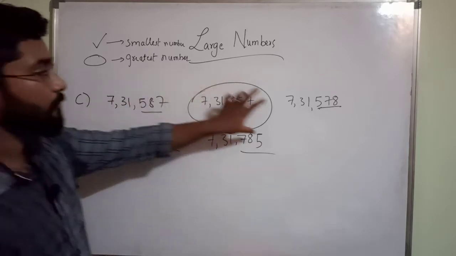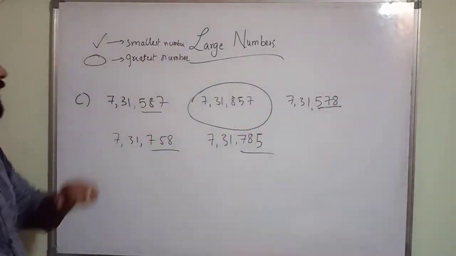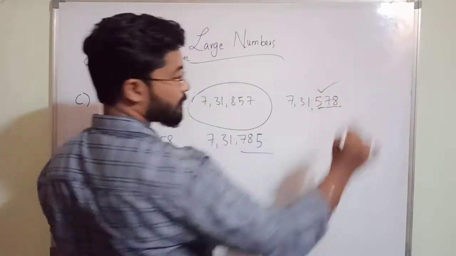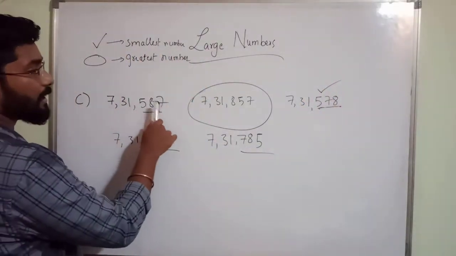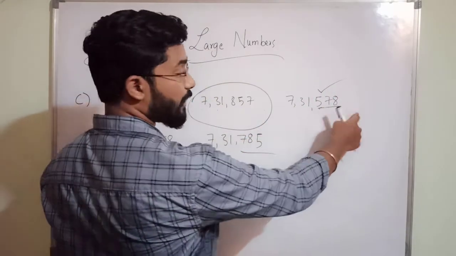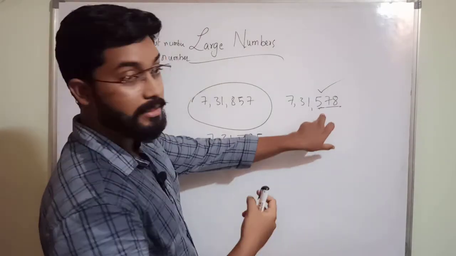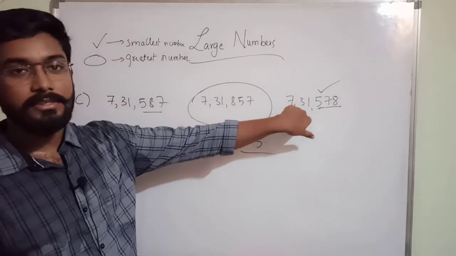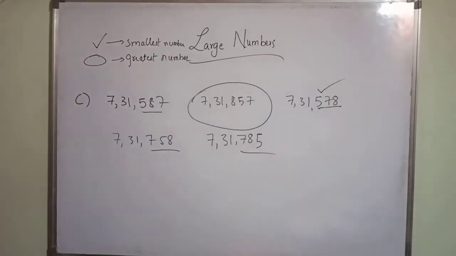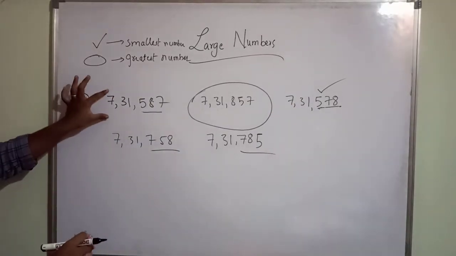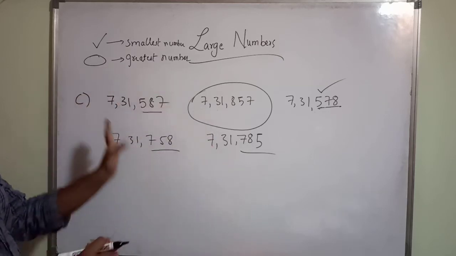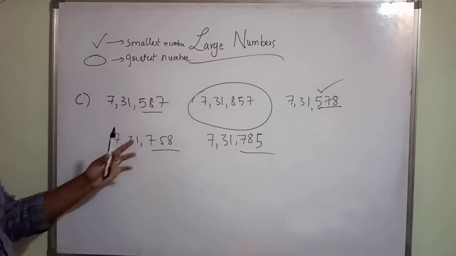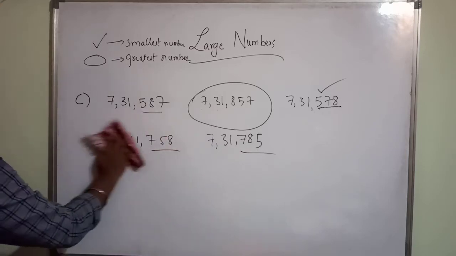So see in these only. 578, 587. What is the least? This one is the least. Clear? Because 587 is greater than 578, which means 578 is less than 587. So this number will be the least. Clear? This is the trick. If any digits are common in all numbers, you have to find out this trick. You have to see in this way, or else you have to check the whole number.